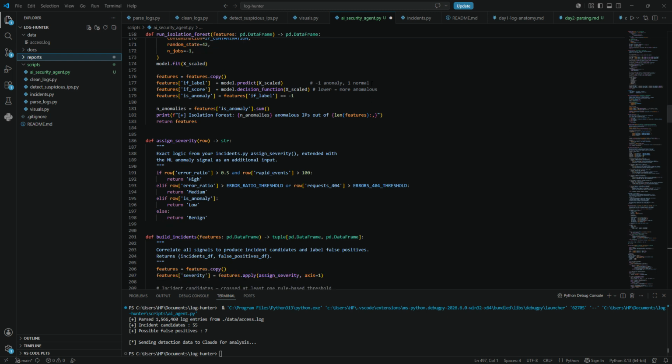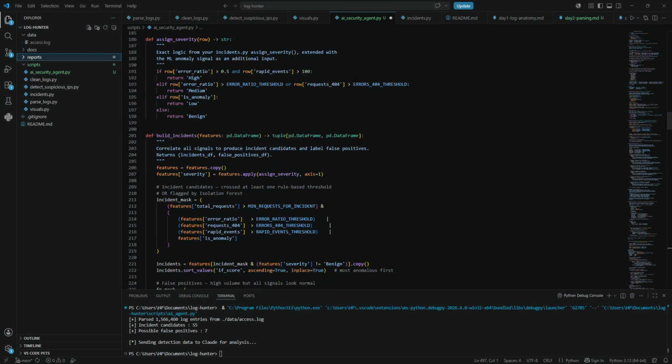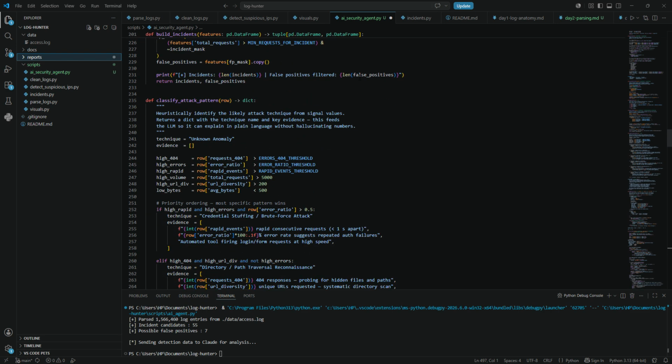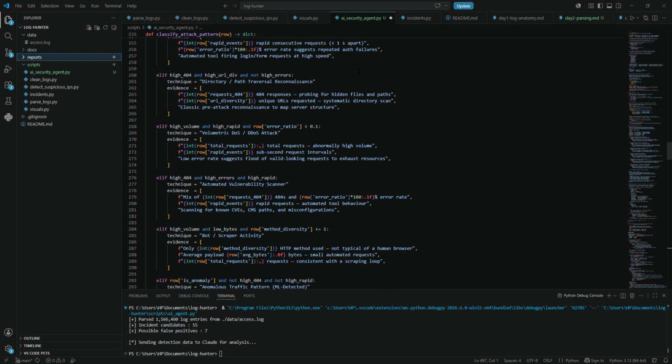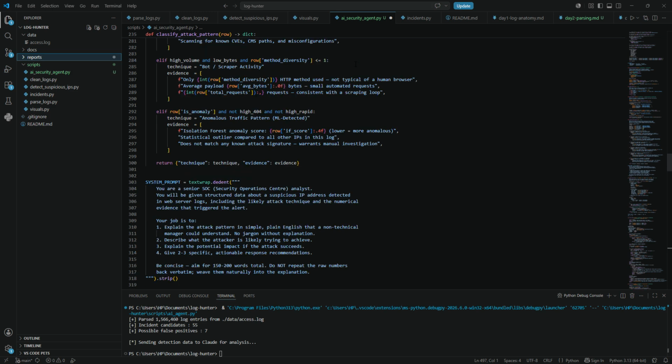language. In this, every incident gets sent to a local LLM. I've used Llama for this. You can use any other local LLM, or even a cloud API. Every incident gets sent to a local LLM running through Ollama. I give it a SOC analyst system prompt and structured evidence, and it writes back a plain English explanation of what the attacker is doing, what they are trying to achieve, what happens if they succeed, and what you